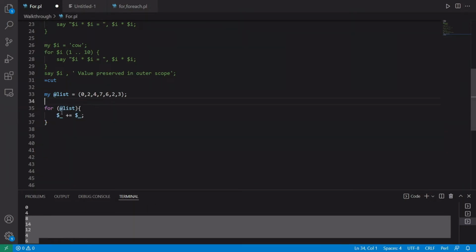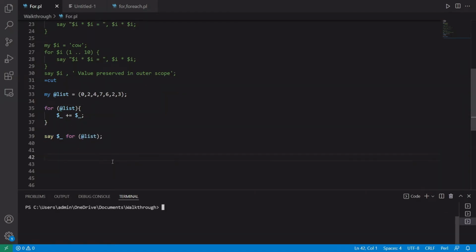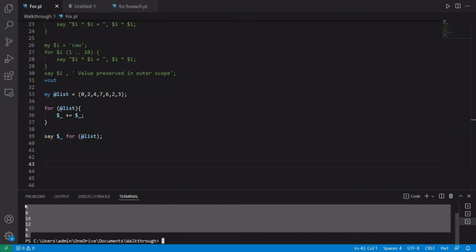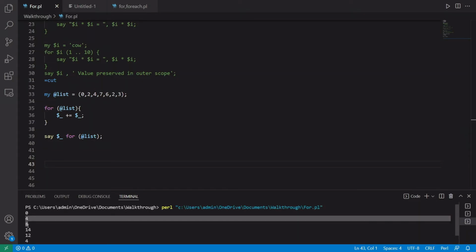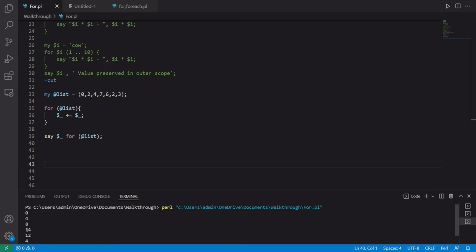For example, the next loop will iterate over the value of each element, implementing it by its own value. So the 0 will stay a 0, 2 will become a 4, the 4 will become an 8, etc. As you can see in the next execution, the 0 remained a 0, 2 became a 4, the 4 became an 8, etc.